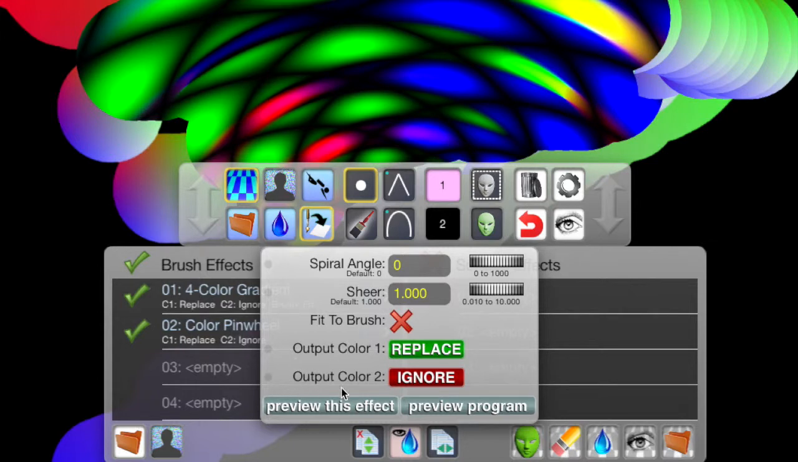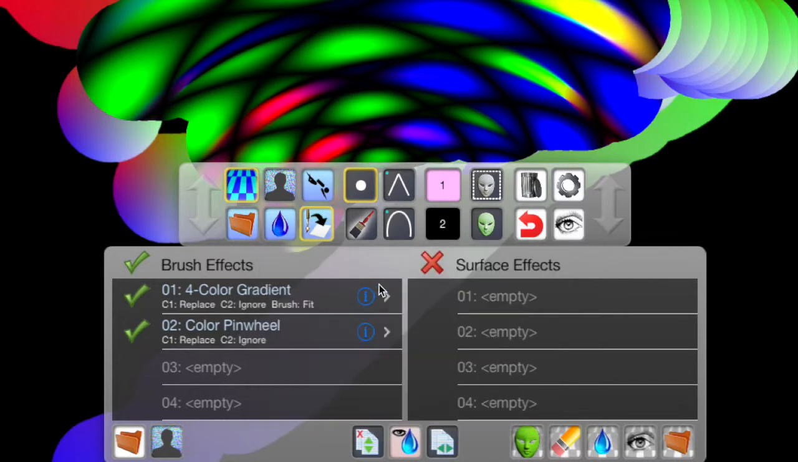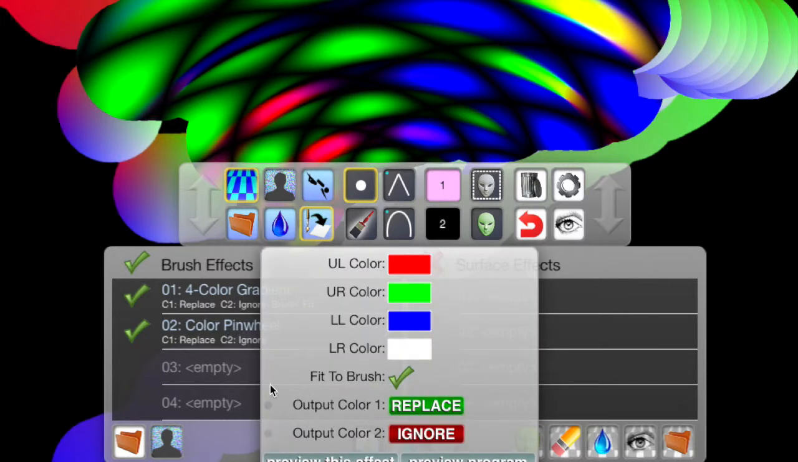Well, the reason is these color mixers down here. This is telling us what to do with this effect, and it's saying it should replace whatever color 1 is and ignore color 2. So what that means is color 2 will pass through this effect and won't be changed. Color 2 is black in our control panel, so it'll remain black. However, color 1 will be replaced by the color pinwheel. If we look at our 4-color gradient options, we see it also is replacing color 1. So if it replaces color 1 and color pinwheel replaces color 1, then color pinwheel is overriding the 4-color